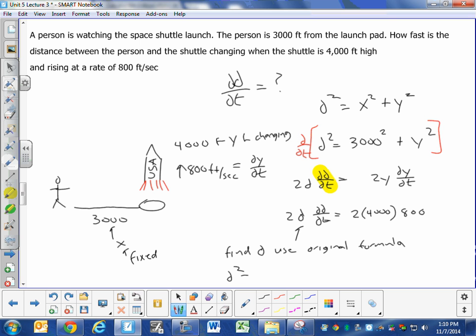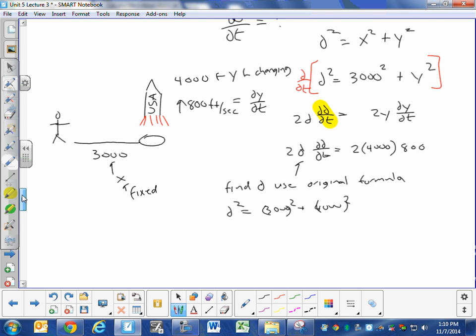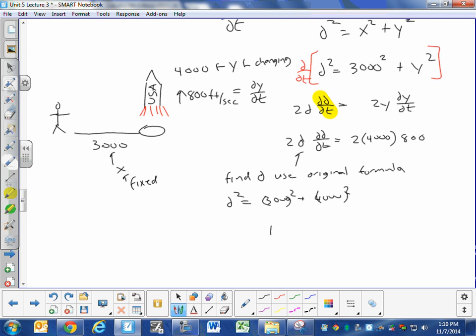So d squared is equal to 3,000 squared plus 4,000 squared. You can use your calculator, or you know, a 3, 4, 5 triangle. So you then plug in 5,000. I have space. Good. So that's 10,000